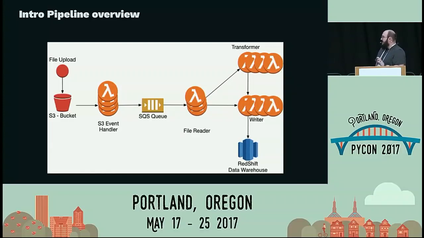Let's look at some tools that go with this, but you can get the flow of what happens here. We have an event that starts something, we lay that event somewhere where we can pick it up in a second when we're ready. Maybe we're waiting for multiple pieces of data to arrive, and then we have a couple of different pathways to go out of the file reader before we ultimately put it into a data warehouse.